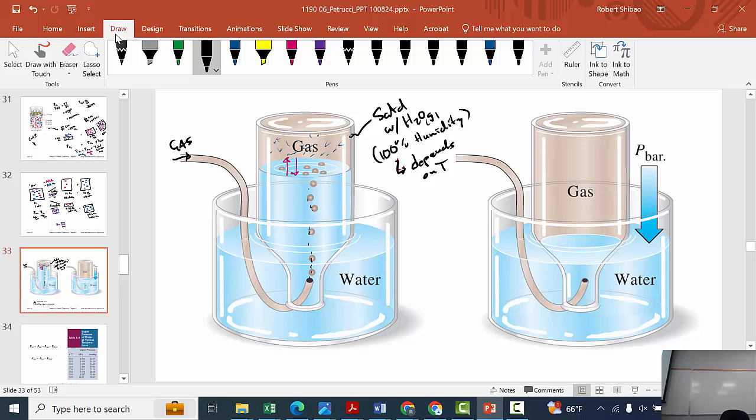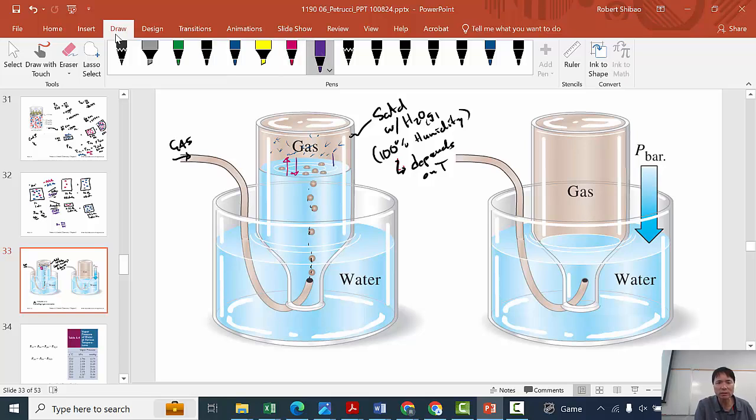The atmosphere is heavier because it's pushing this side up. And so this is like a seesaw. The atmosphere is here. The water levels should be level like this. But the atmosphere is pushing here, and that pushes the water level up on the inside. Can you see that? And so if the gas were heavier, then it would push this down and push this up. Do you see that? So right now, the pressure of the gas weighs less than the atmosphere because inside here,